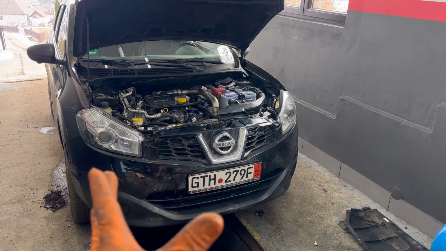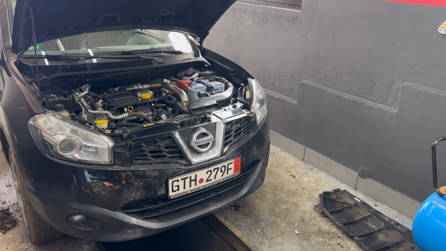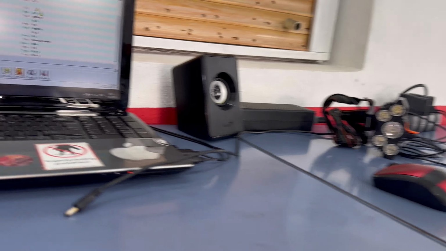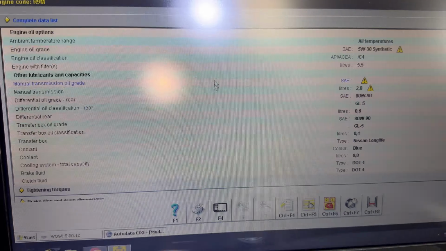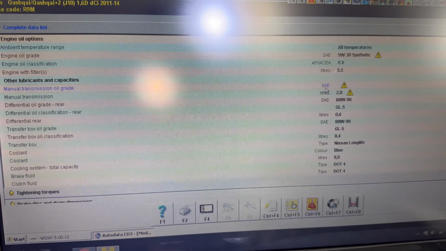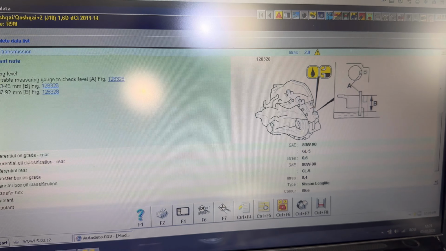In today's episode I'm going to show you how to completely remove and replace the rear differential oil, along with the front transfer case oil and also the manual transmission oil, from any Nissan Qashqai made after the year 2006 and up. This program, which I'm showing you all right here on the screen, is called HOWTODO Data, and the